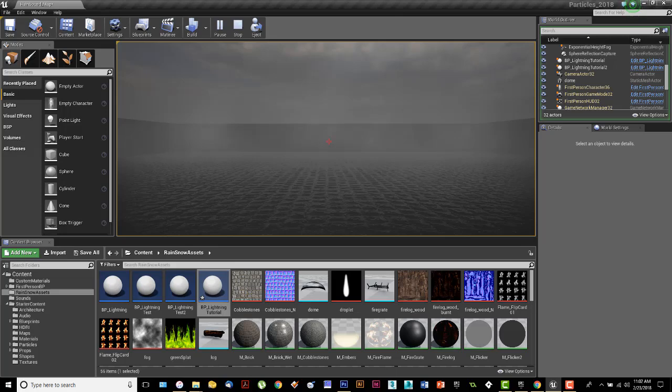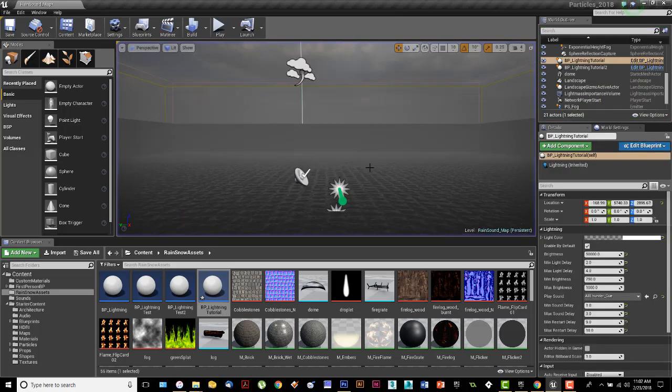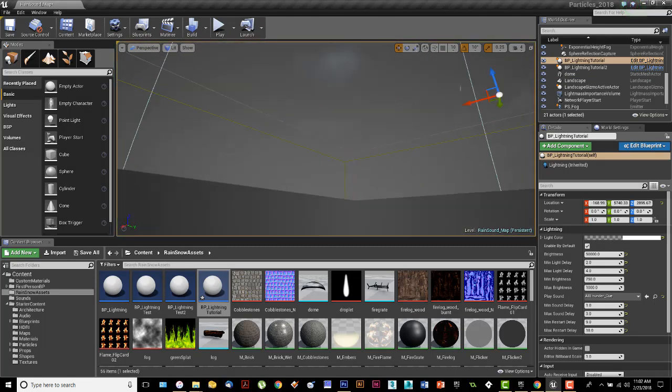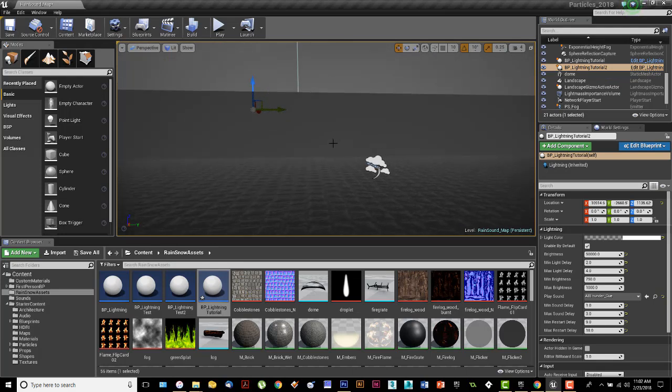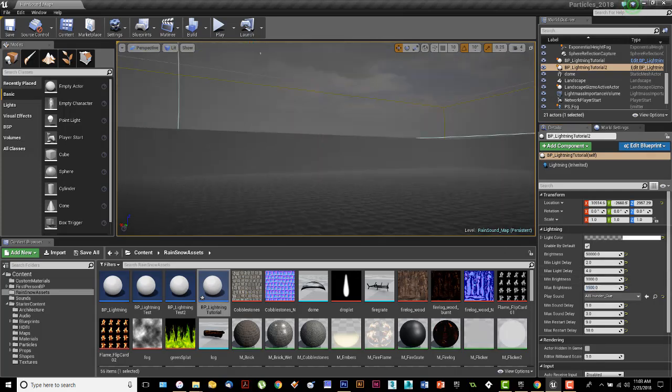So maybe what I want to do on that one is, remember, you've got controls in your scene. So I can come back over there and say, where's my lightning number 2 is back over there. I'm going to pull that up a little bit. And then what I can do is I can look in that and say, look, I've got minimum and maximum brightnesses on that one. Why don't I go ahead and say that's a little bit further away and it's not really lighting it up. Let's say that one's going to be 1,000, and we'll set that to 1500. And even though it's farther away, it's still going to light up my world the way I want it,